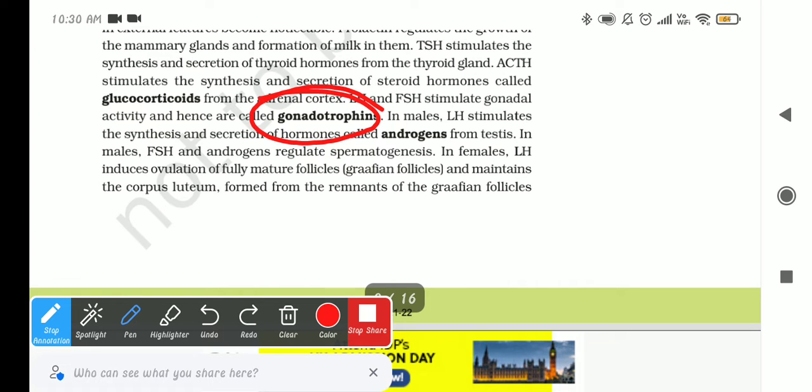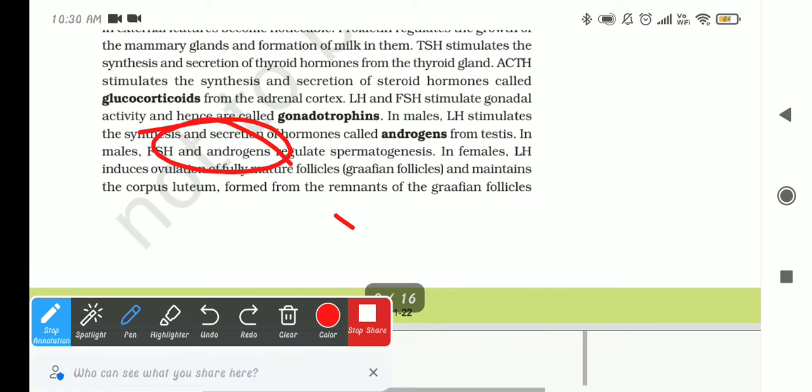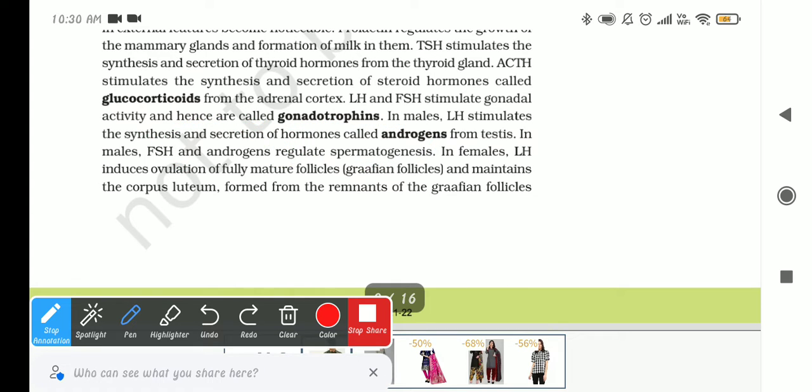They have specific functions. LH stimulates the synthesis and secretion of androgens in males, and in males FSH and androgens together regulate the process of spermatogenesis. But in females, LH induces ovulation of follicles,